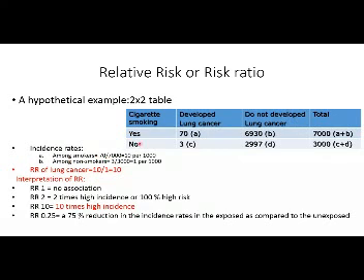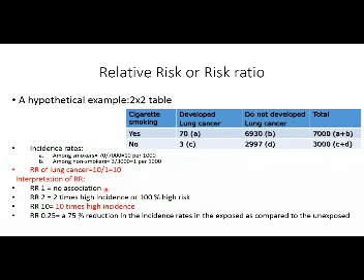So the incidence among the exposed in this case is 70 out of 7,000 got infected. When we calculate, this is coming out to be 10 per 1,000, and the incidence among the non-exposed is 3 per 3,000. When we calculate, this is coming out to be 1 per 1,000. Now to calculate the relative risk of lung cancer in this hypothetical example, the formula is the ratio between these two, that is 10 by 1, and this is coming out to be 10. Now how to interpret this 10?